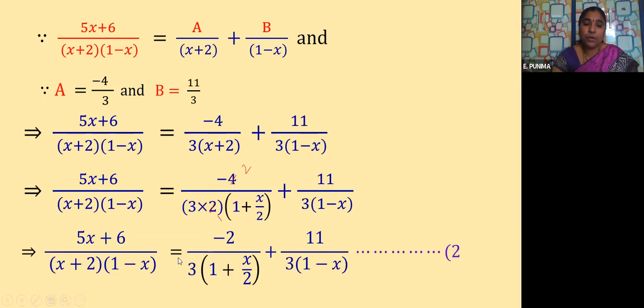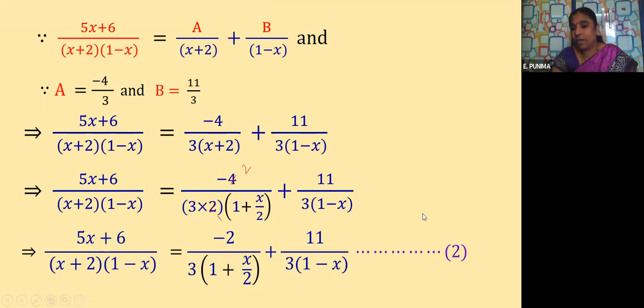So now here we are asked to find out the coefficient of x cube in this whole fraction. But here what we did, we have separated this whole fraction into two partial fractions. So what I do now, I'll try to find out the coefficient of x cube in the first partial fraction and coefficient of x cube in the second partial fraction. Because these two are the coefficients of x cube terms only now. So now if you add those two coefficients, we'll get the coefficient of x cube term for this whole fraction. Is it clear, children? So let us try to do that.